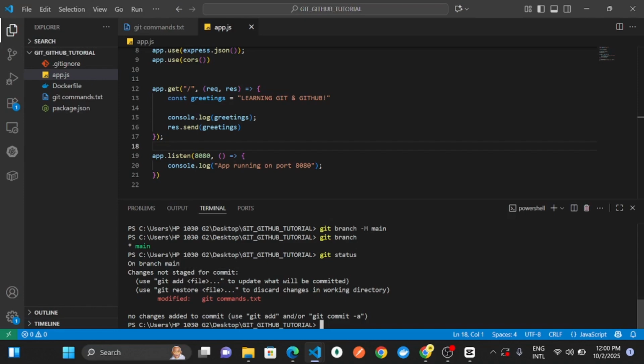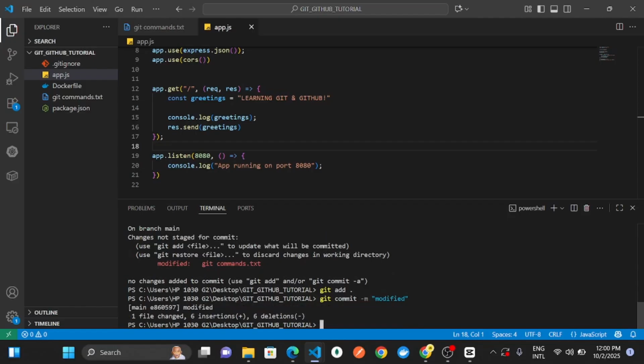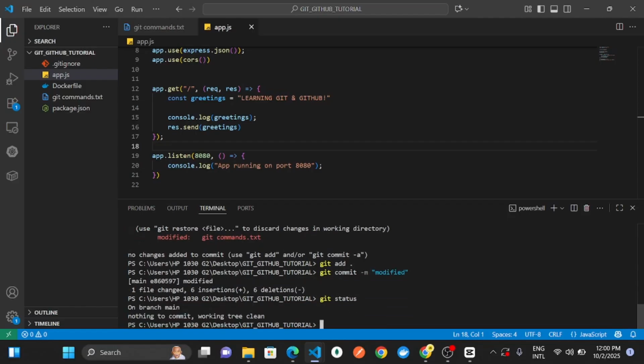If there are any changes, you go ahead and run git add everything. Go ahead and git commit -m modified. I'm just putting modified. And git status. As you can see,